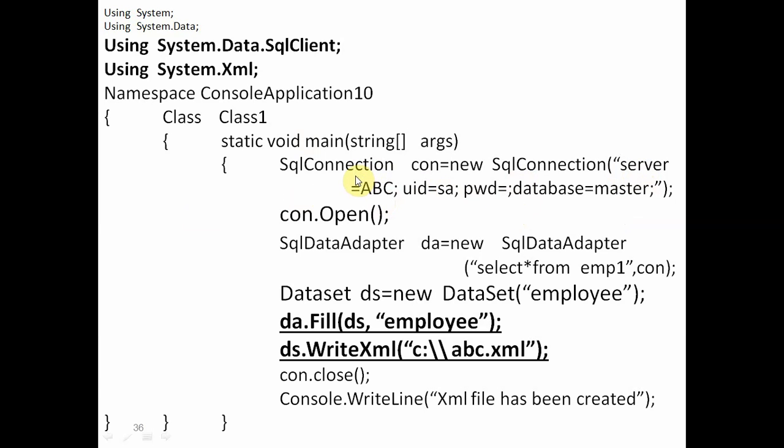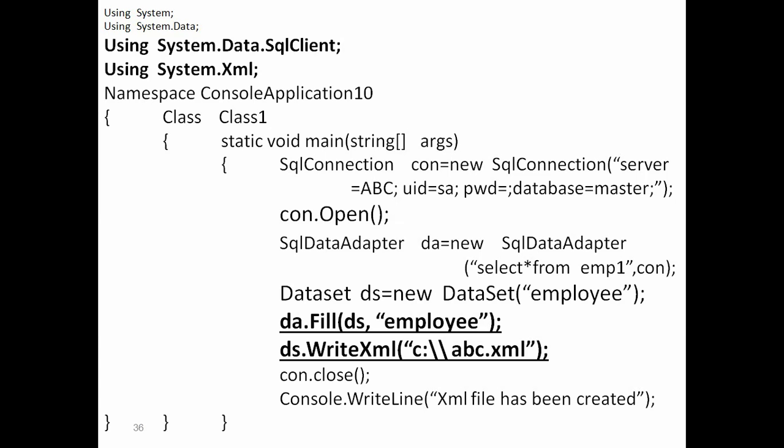After creating this configuration connection string, we have to write con.Open. Then we will open that connection which we have configured. Now we are writing here SqlDataAdapter. We know there are four functions, four classes: ExecuteScalar, ExecuteNonQuery, SqlDataAdapter, and SqlDataReader. So we have different functions, different classes for database connectivity for different types of SQL statements.